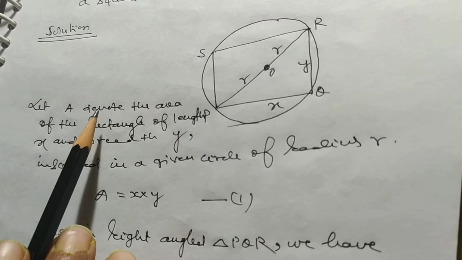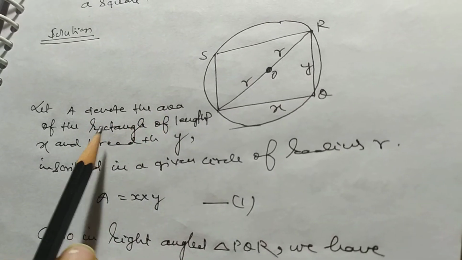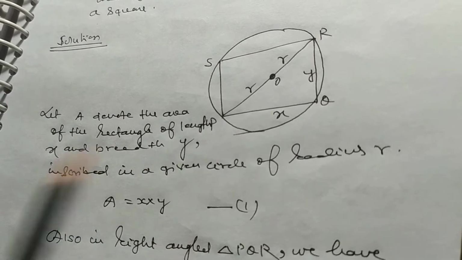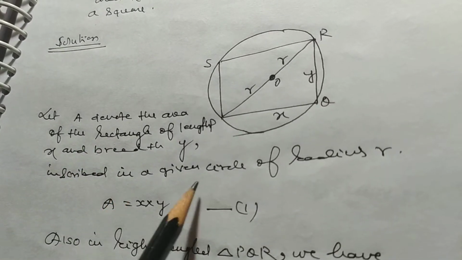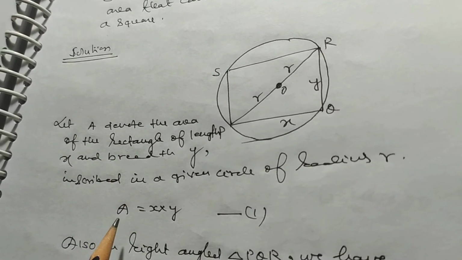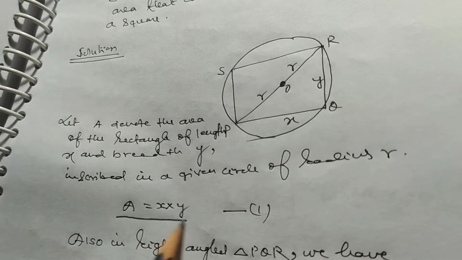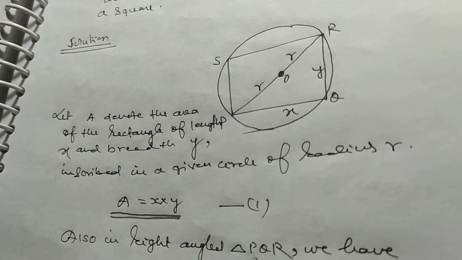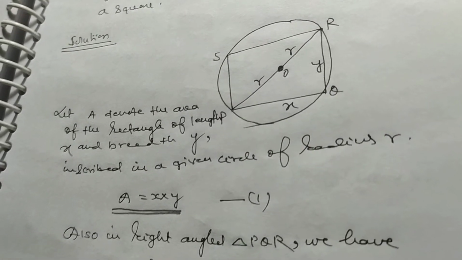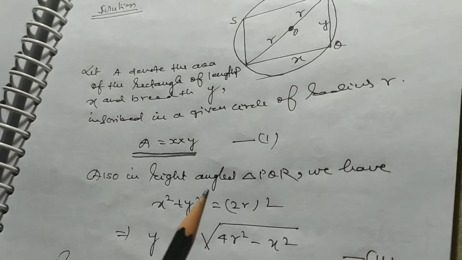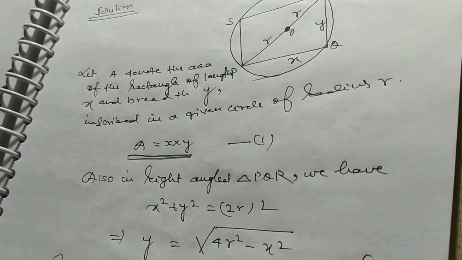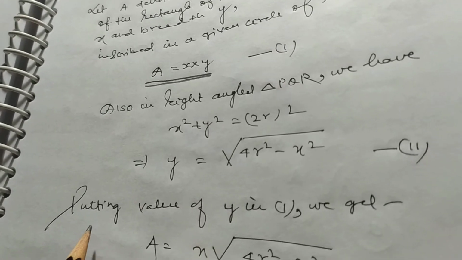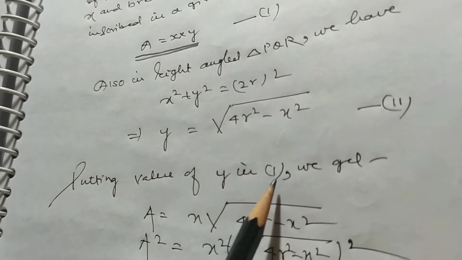My dear students, let A denote the area of the rectangle of length x and breadth y inscribed in a given circle of radius r. So area of the rectangle is equal to x into y. Also in right angle triangle PQR we have x square plus y square is equal to 2r square. So y is equal to root over 4r square minus x square. Putting value of y in first, we get